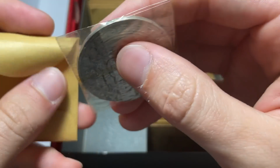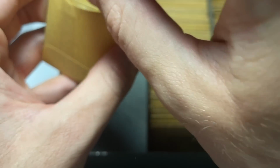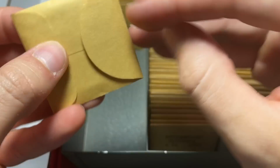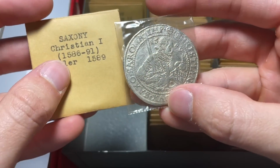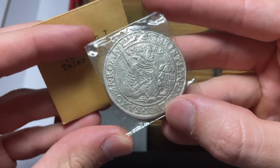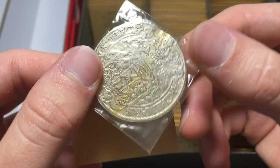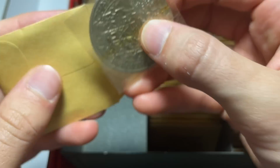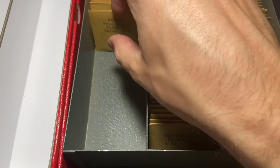So again, I'm sure this is just out of reach of any of the normal collecting market. You have to have a huge amount of disposable income to be affording this. Christian the First, great name, obviously, but 1589 Thaler, beautiful. And I really hope, as I get into this, it's a much more upgraded World Coin Hunt than I'm